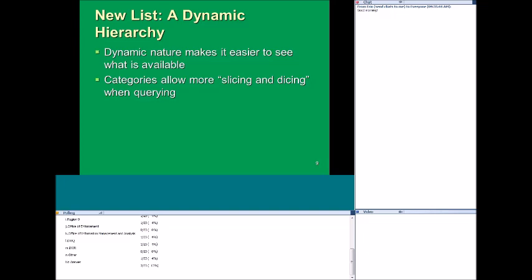If it's not correct, you just hover on something else and see what is available through that option. So we wanted to reduce the amount of clicking and waiting and refreshing that you needed to do. Also, having it split into these categories allows more slicing and dicing when querying. So again, that reporting at different levels.